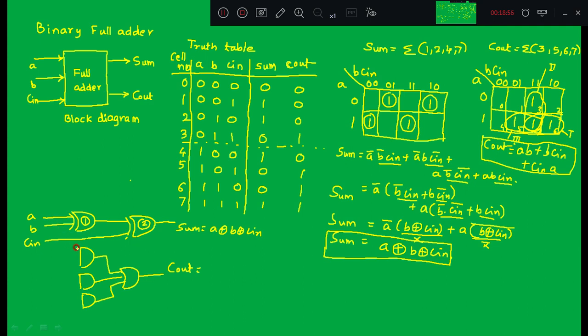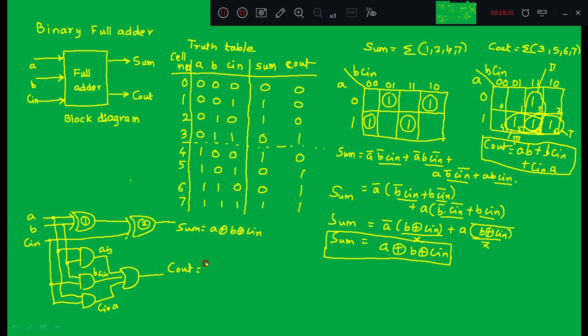For the first gate I need to connect A, B, then for the third one I should connect A, C in. For the second gate, C in and B. So the first AND gate will generate AB, BC in, and then C in A.